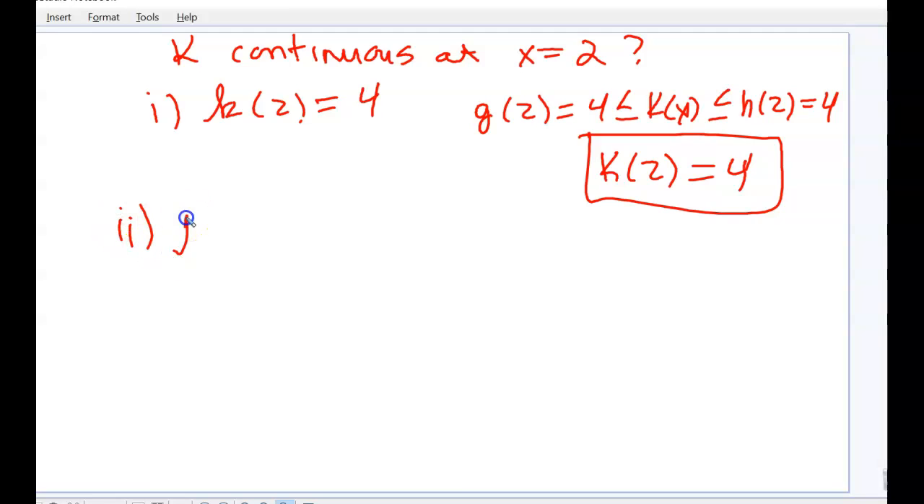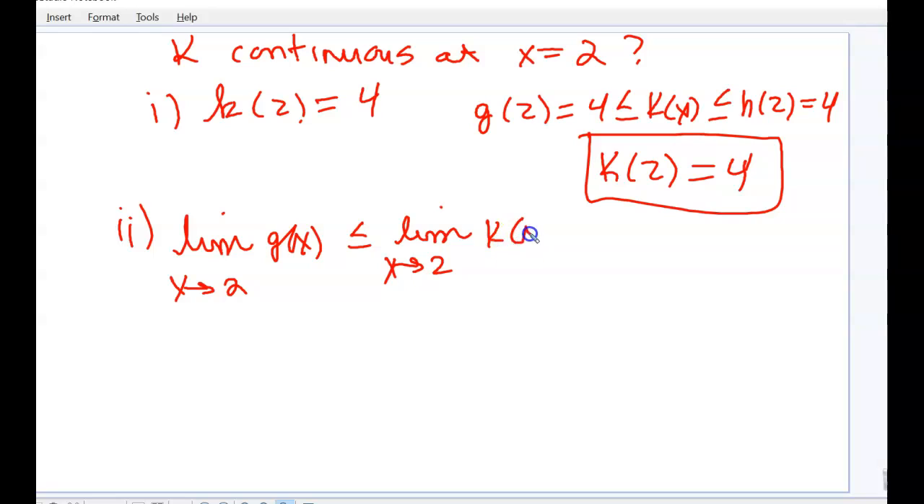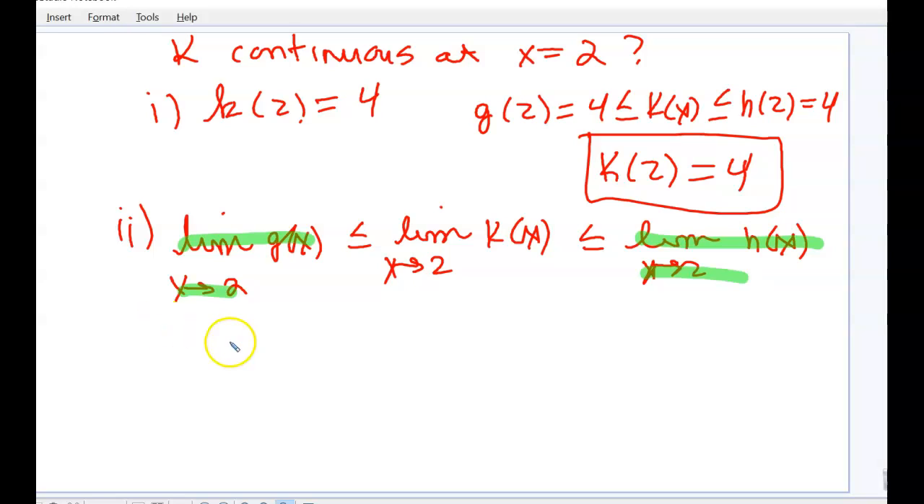part 2, the limit as x approaches 2 of g of x is going to be less than or equal to the limit as x approaches 2 of k of x, which has to be less than or equal to the limit as x approaches 2 of h of x. And so we're going to use an application of the squeeze theorem. And again, since g of x and h of x are differentiable, they're continuous, so their limit has to equal the value of the function. So we know that this is